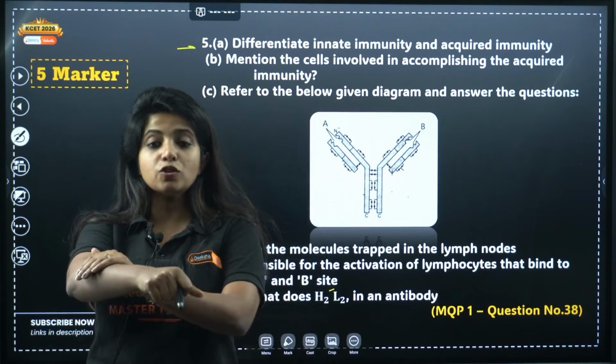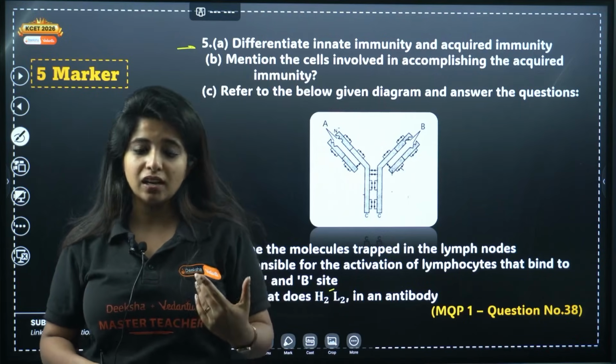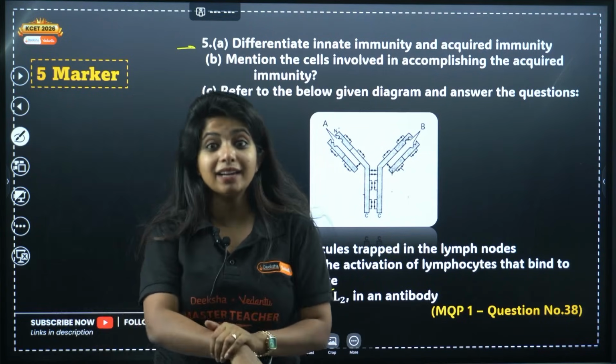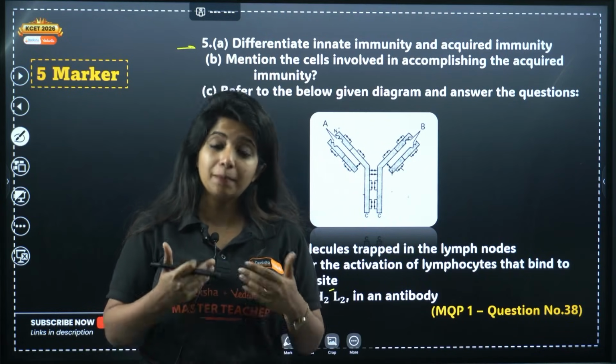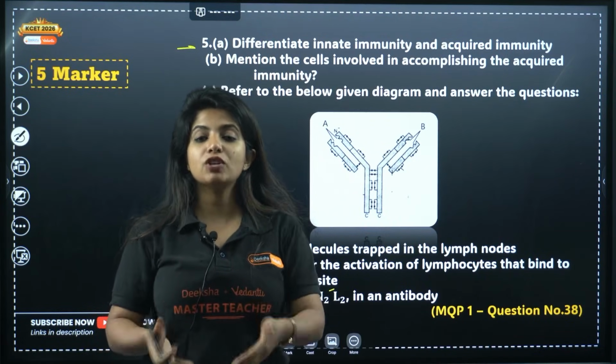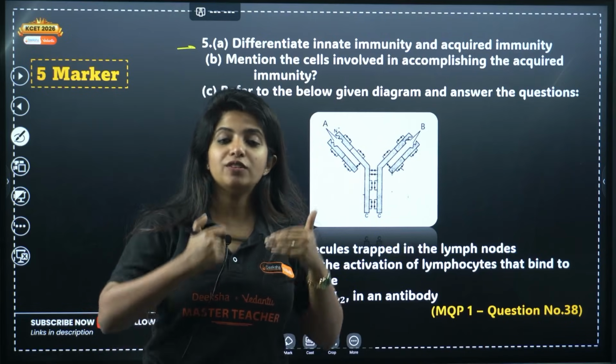Yes. If skin was not there, if at all you have seen, my dear children, things can easily get in and cause infection. So skin is a barrier. This is a type of immunity, or this is basically helping in immunity, which is why it comes under innate immunity. It is there with us from our birth.